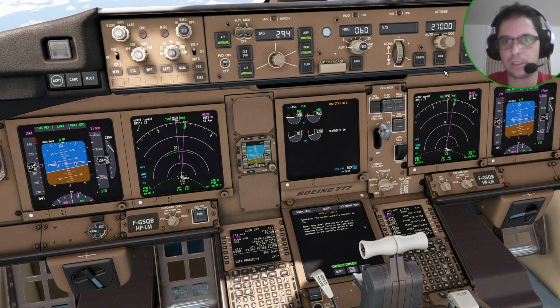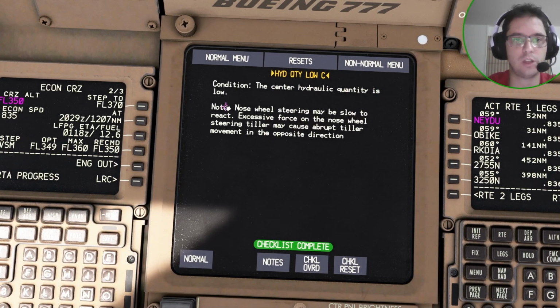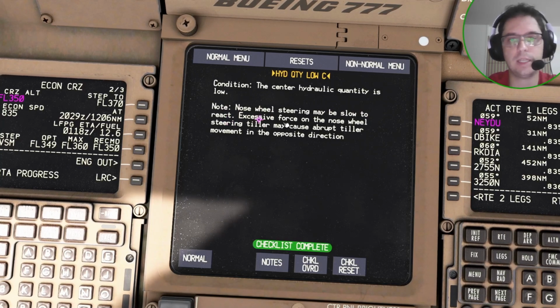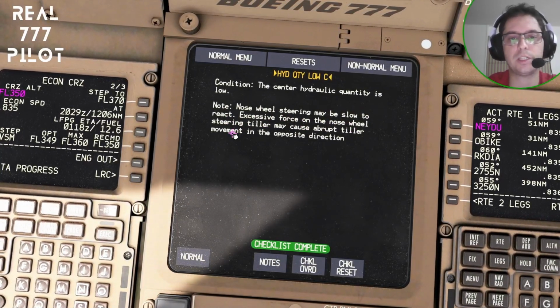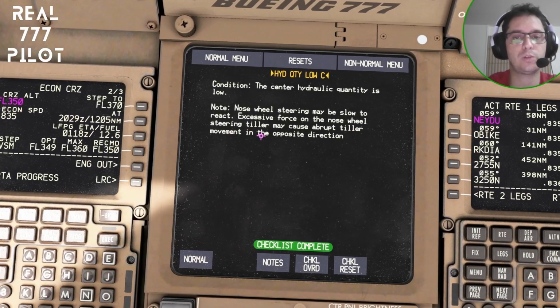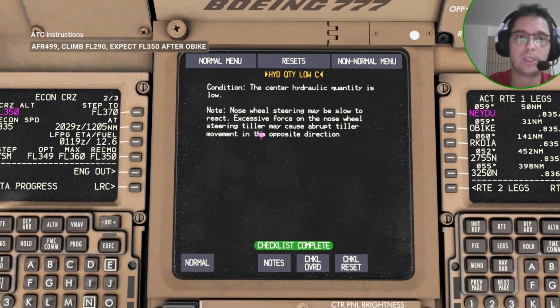Hydraulic quantity low center checklist. Condition: the center hydraulic quantity is low. Note, nose wheel steering may be slow to react. Excessive force on the nose wheel steering tiller may cause abrupt tiller movement in the opposite direction. So it can be very slow to react, and if you are taxiing,